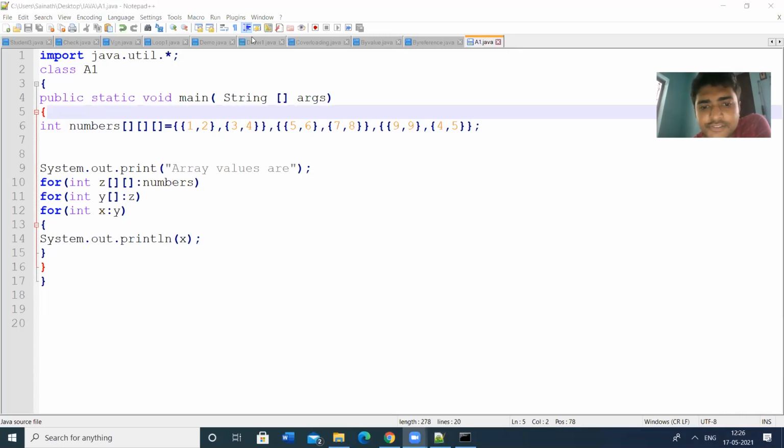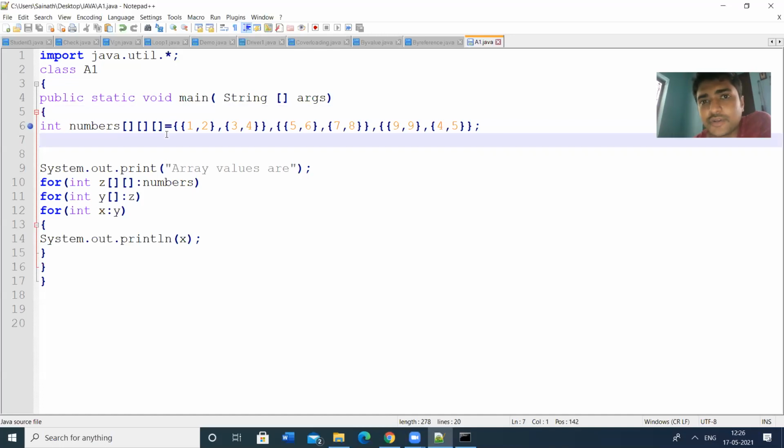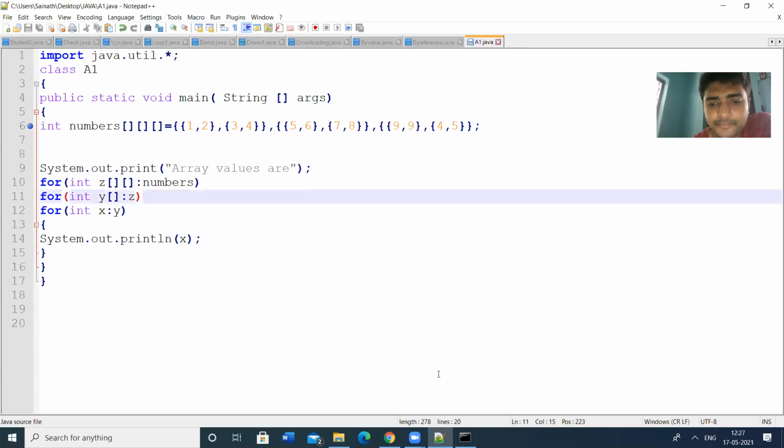In today's class, we have seen the declaration of an array and the displaying of that array. We have seen single dimension, two dimensions, as well as three dimensions. The remaining programs we can see in the next class. Do you have any doubts? Also practice the programs on your laptops. Do you have any doubts? Okay, thank you.